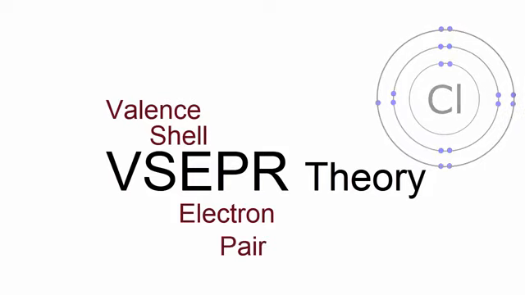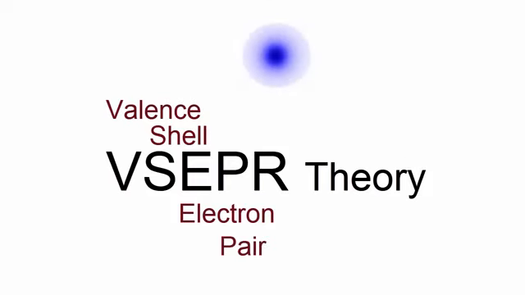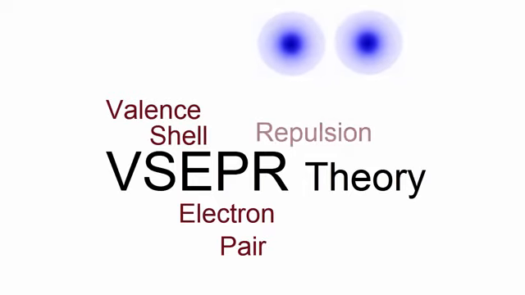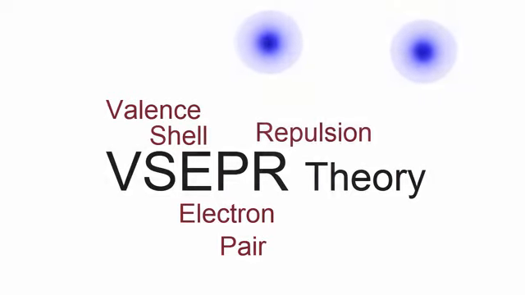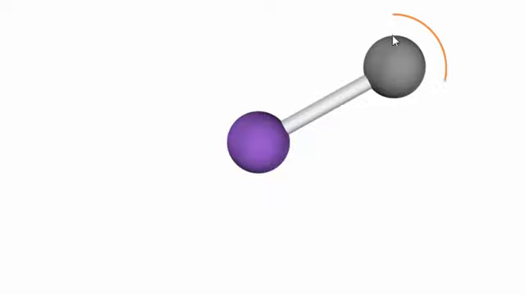Since electrons are negative and they're on the outside of the atom, each atom has a cloud around it, and that cloud will repel other atoms when they come close together. For molecules, we also have that repulsion between atoms. So here we have a central atom in purple, and we're going to add other atoms to it to make a molecule. So we add one, and then when we add another, remember that we have a negative cloud of